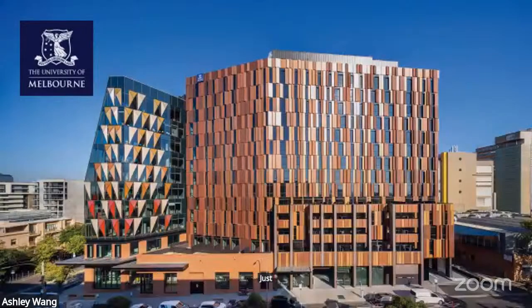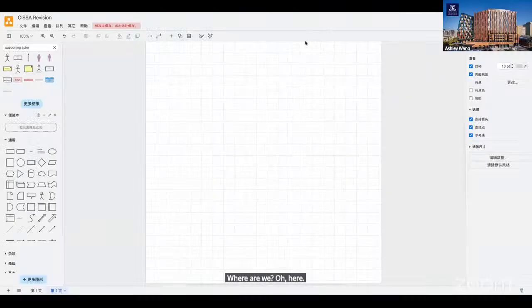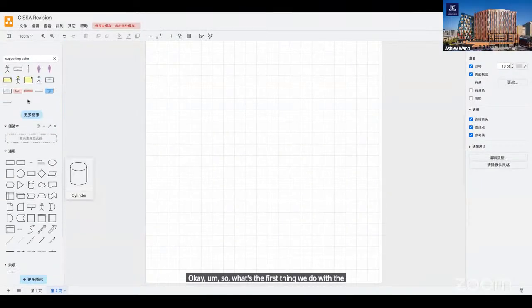I'm going to stop sharing here. Where are we? Oh, here. Okay. So what's the first thing we do with the state machine diagram?